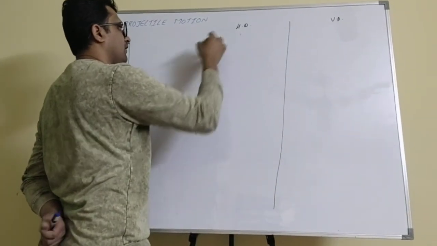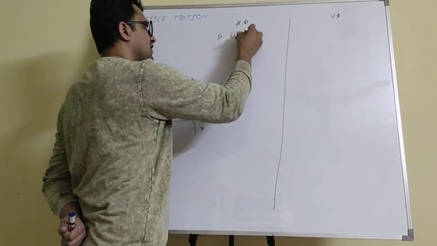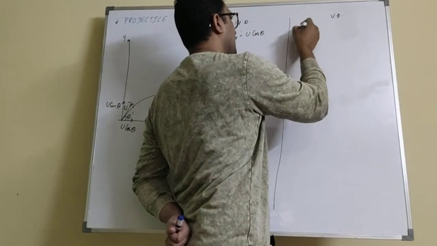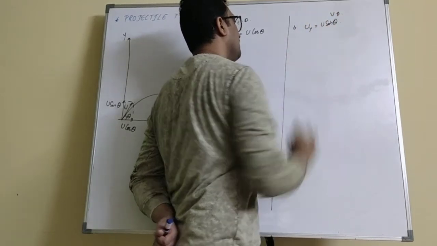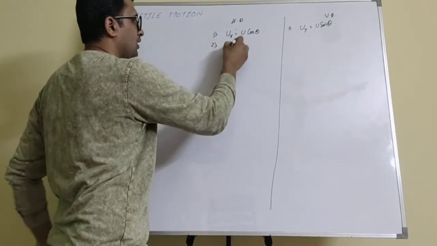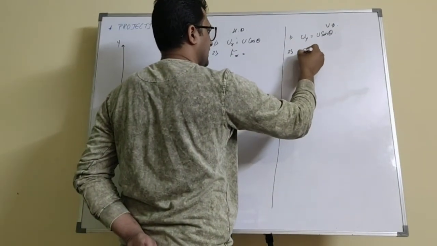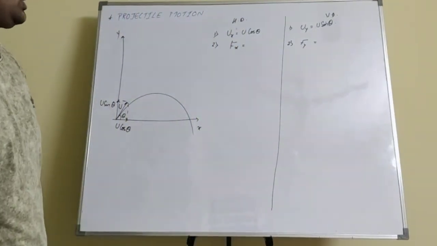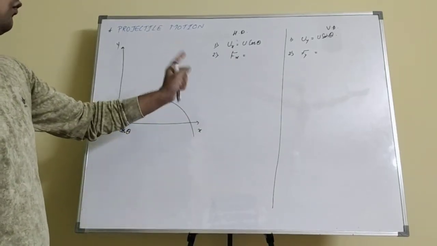First point. Initial velocity in x direction is u cos theta. Yes, we already know that. Initial velocity in y direction is u sin theta. Now after that, force in x direction as well as force in y direction. Very important thing. The first concept which we are going to understand from now is force.